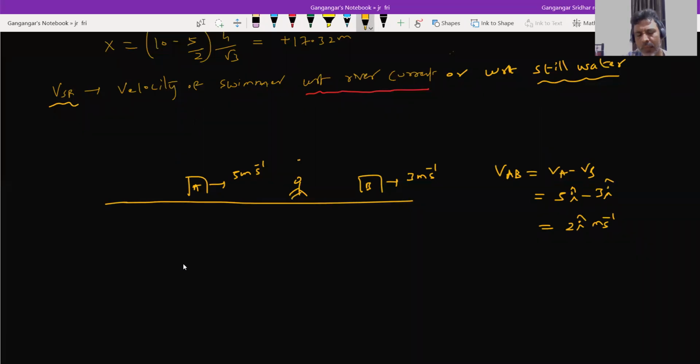Is it okay? So what does this person, or this person, say? A and B are moving towards right with a velocity 5 meters and 3 meters per second. We'll ask A itself, a person standing on A. When he looks at the ground, if he's with a velocity 5 meters, if I make A to move with a velocity 2I cap,